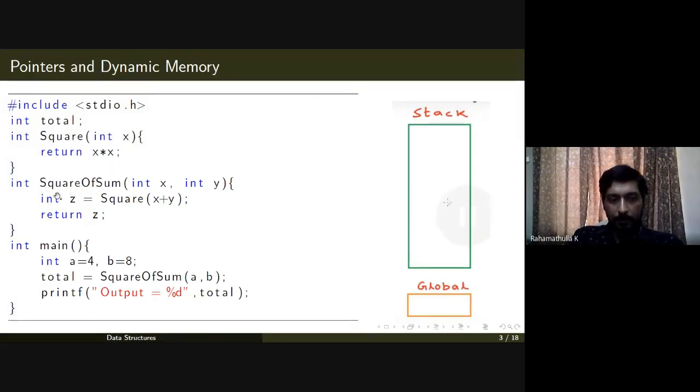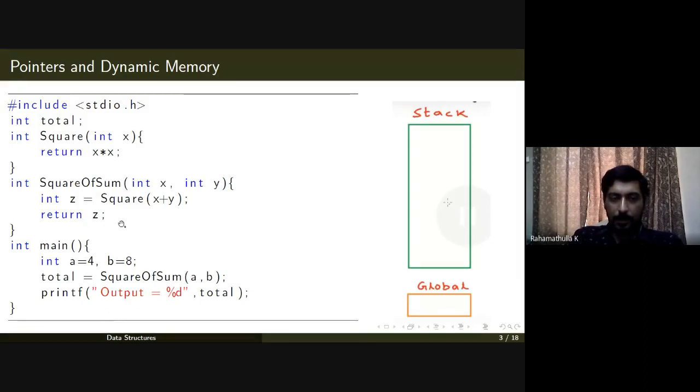Then we have another function, square of sum, which takes two arguments and gives you the square of the sum of these two arguments. So it is x plus y, the whole square. That is what this function returns.